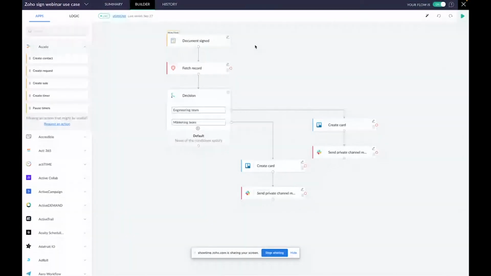So when a document is signed in Zoho Sign and it is received, the flow will trigger. And then what we do is we go ahead and get the candidate details from the Zoho Recruit, where the details are already published there. And then we use a decision to check if the candidate actually belongs to the engineering team or the marketing